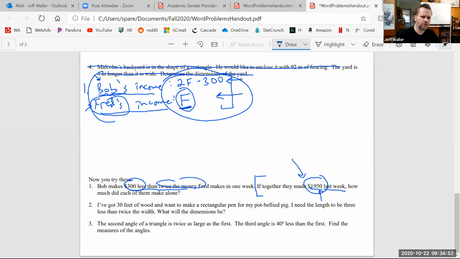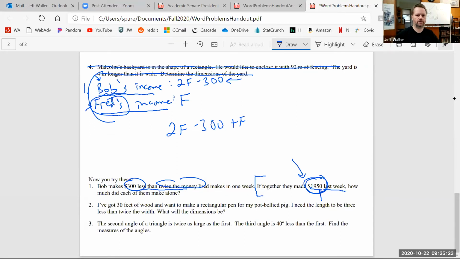So how much money do they make together no matter what week it is? How do I write that? Based on right here, how much money do they make together? What do I do with these two? You would add them. Yes. So no matter what week it is, I would take Bob's income plus Fred's income to see how much they made together. Now, last week, it just happened to be true that they made $1,950 together. Therefore, this would equal